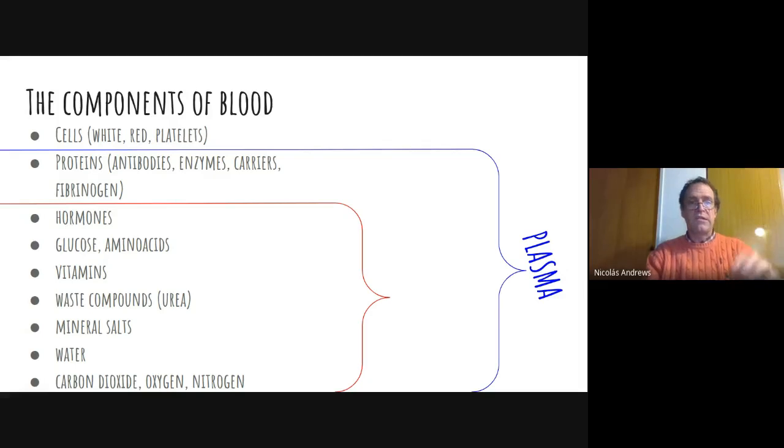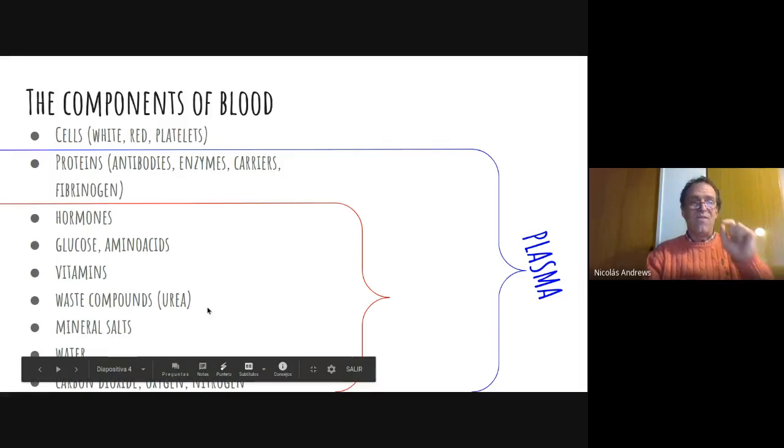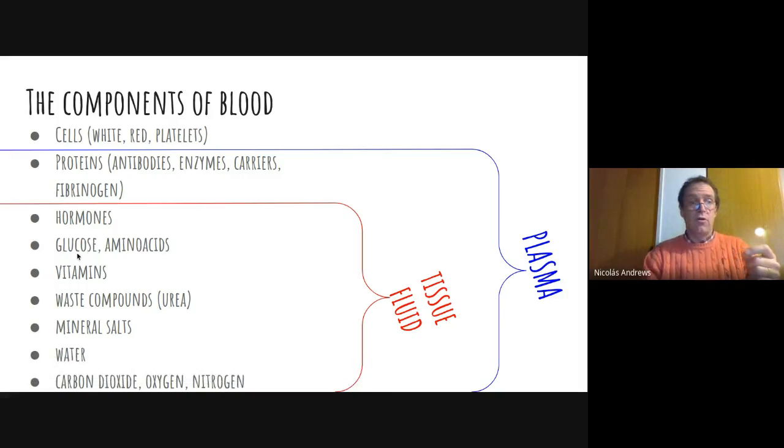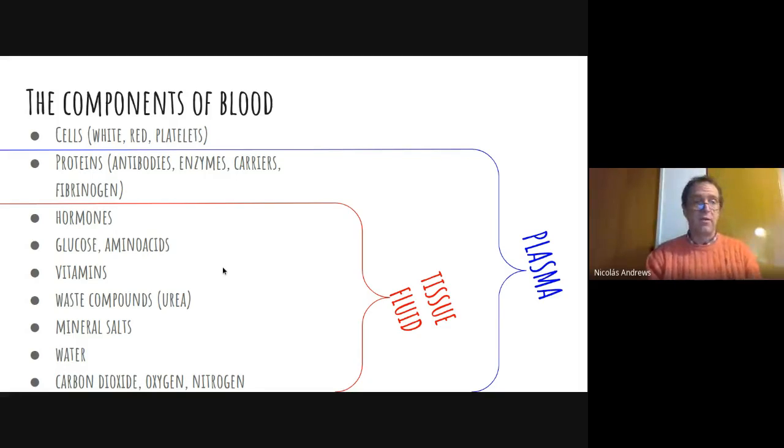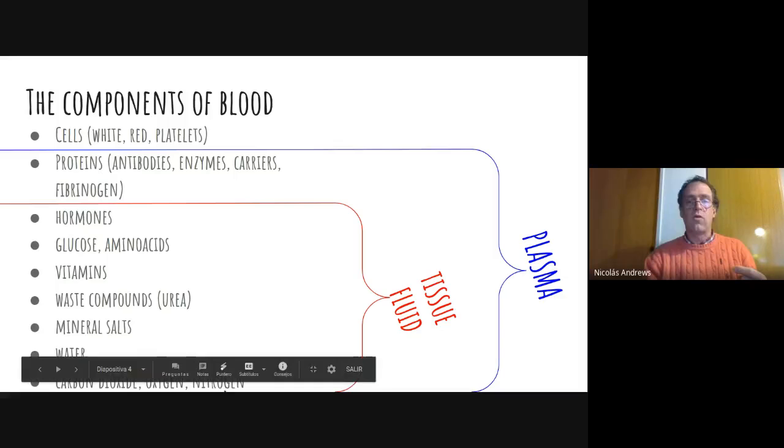These substances are very tiny compared to proteins, because although glucose is 20 times bigger than a molecule of oxygen, or 12 times bigger than a molecule of water, they are still much tinier than proteins. And these substances form what we call tissue fluid. And why do we call them tissue fluid? We need to go